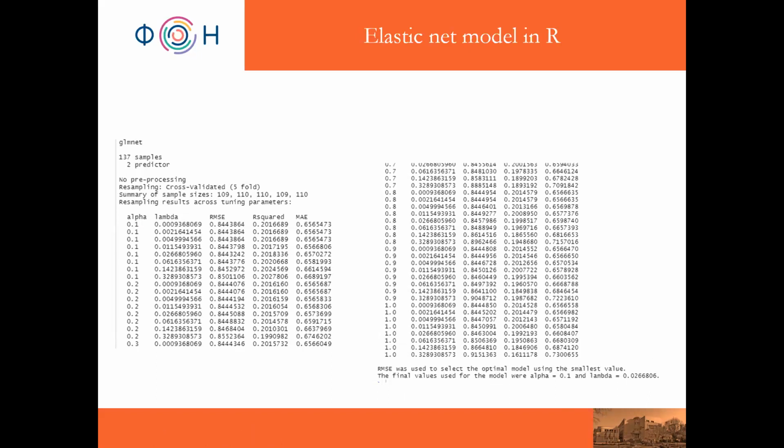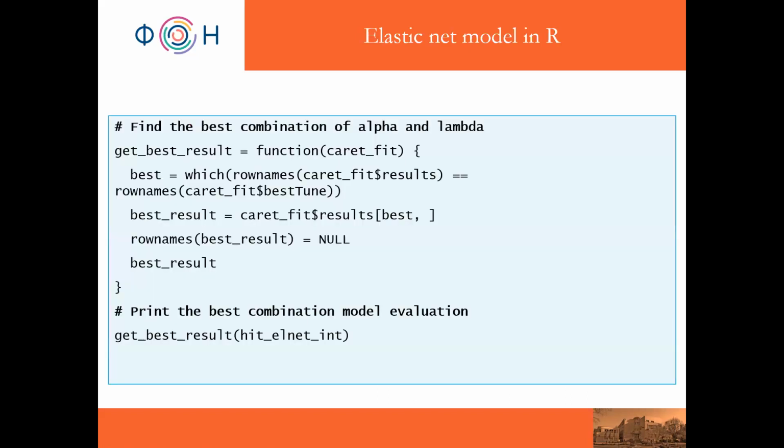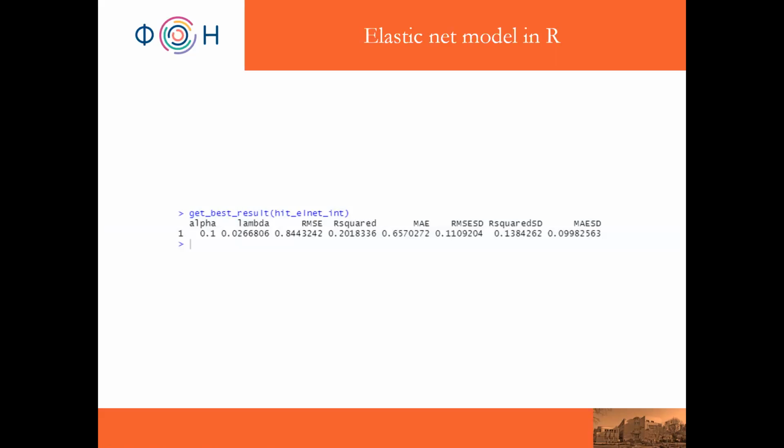So this is maybe a tricky part related not just to elastic net, but also maybe to both ridge and lasso regressions. Okay, these are also some functions already fixed like this, which you can copy and use, which can help you find best combinations of alpha and lambda. So this would be the final